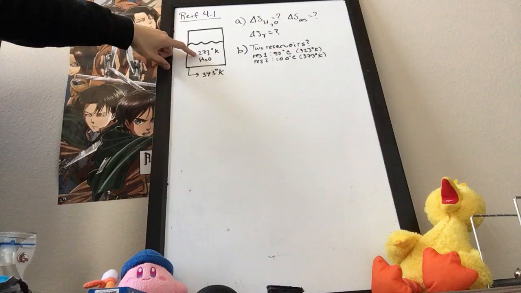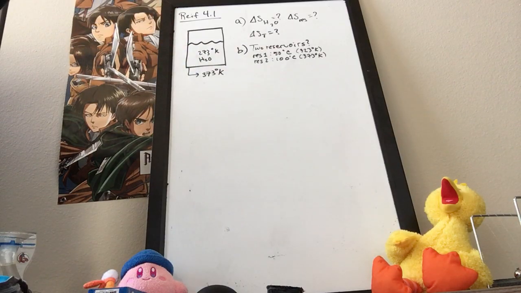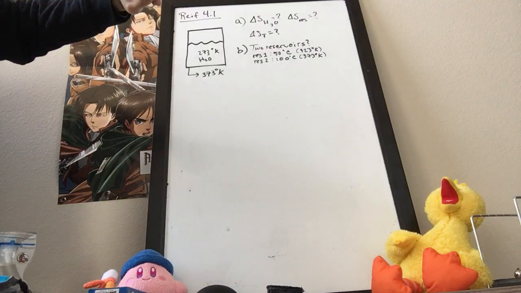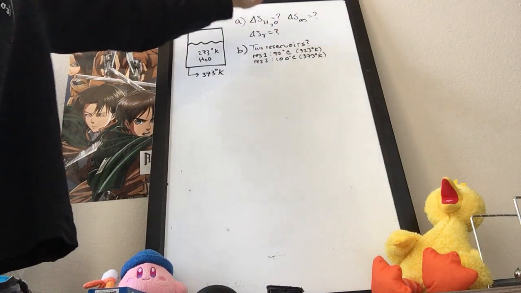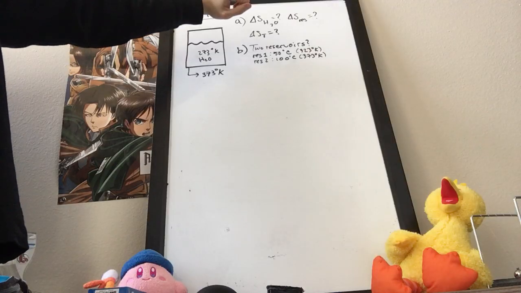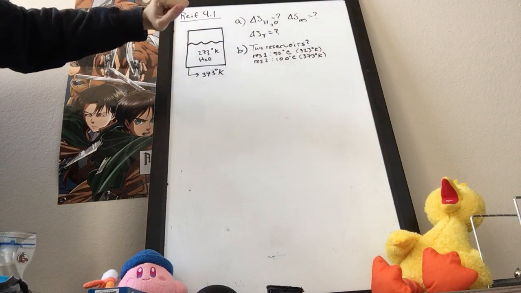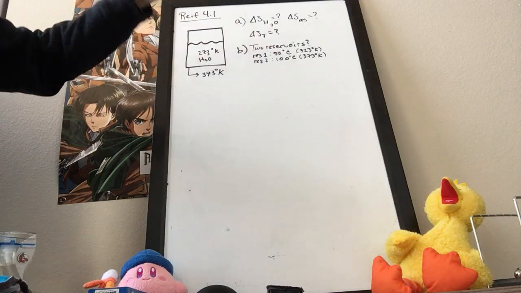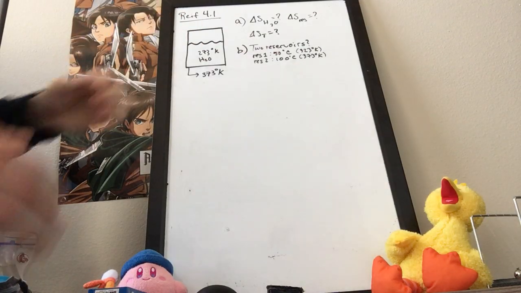we have some amount of water here that's held at 0 degrees centigrade or 273 degrees Kelvin. And part A of this problem asks us to solve for the change in entropy of the water, the change in entropy of the reservoir itself, and the change in entropy of the whole system. Now, part B asks a similar question in the sense that it wants to know the change in entropy specifically